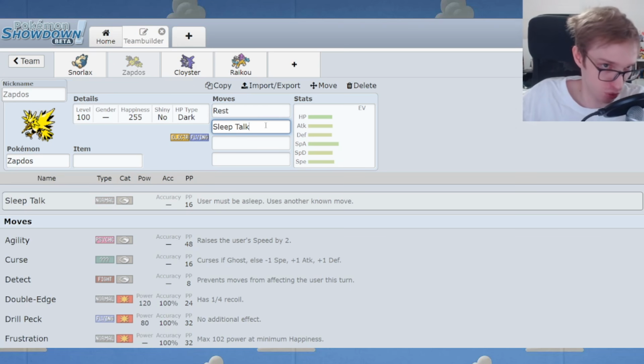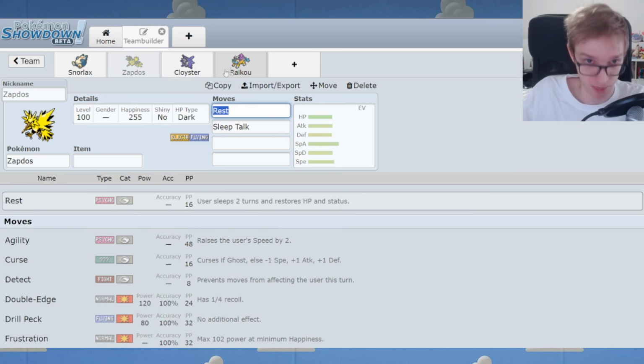Sleep Talk, if it calls Rest, Rest will fail, but in this gen you can actually have an infinite loop of continuous healing up to full with Sleep Talk, and because of that, Snorlax with Rest Talk, Zapdos with Rest Talk, Raikou with Rest Talk are incredibly powerful. And this generation is often seen as a very slow-paced and boring generation, but I think that there are tools